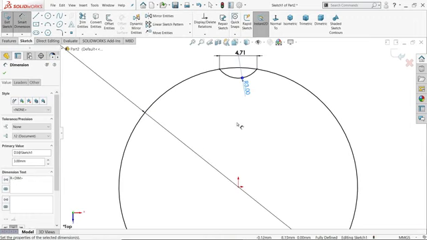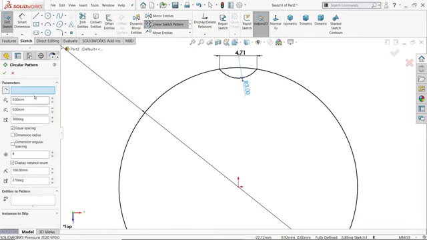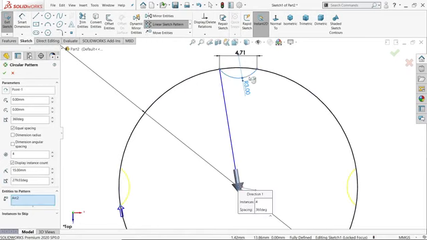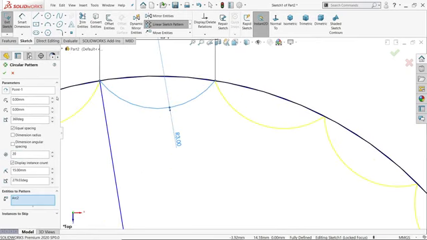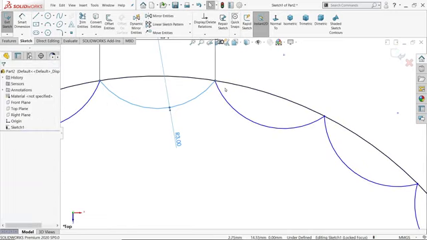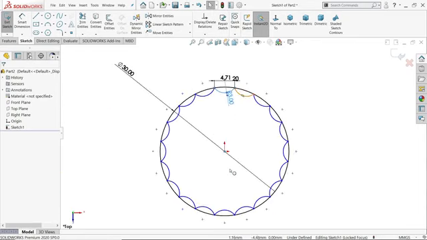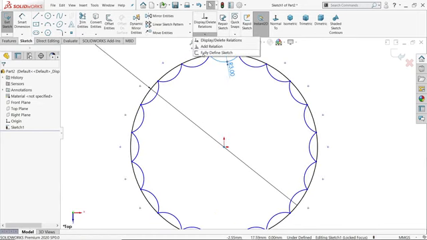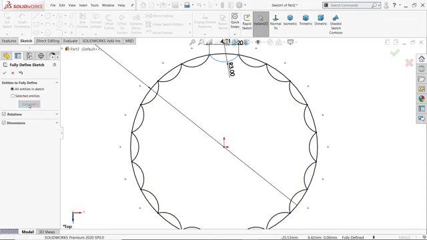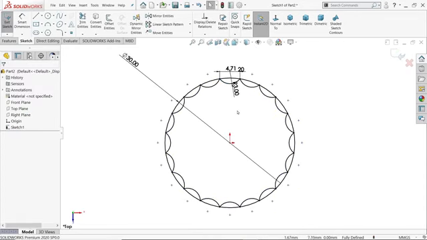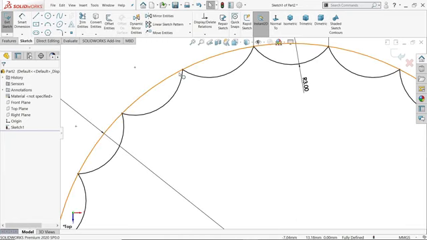That's the perfect thing. Now go to circular pattern, sketch pattern. Now here point, choose this center point. Now here pattern entities, I'll choose this one. Now here comes down, here you will find 20 number of patterns. You will see here, rest keep as it is, 360 degree, the main angle, equal spacing, say yes. You see, we don't need to trim this one. This is not a fully defined sketch. Simply go to fully defined sketch, calculate. Okay, now it's fully defined, no need to define anything else. Now even no need to trim this one.